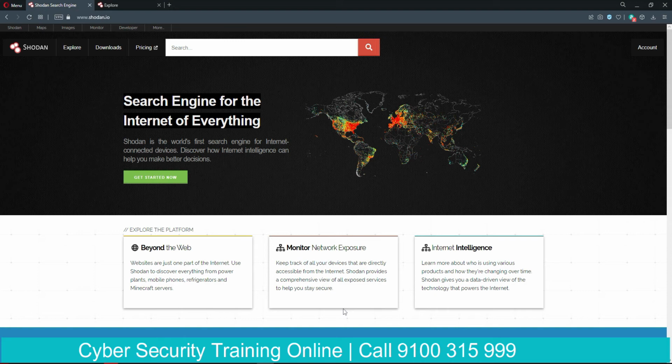Now, this is the website of Shodan. If you want to do some basic search on Shodan, you can either type here or you can simply go to the Explore option.